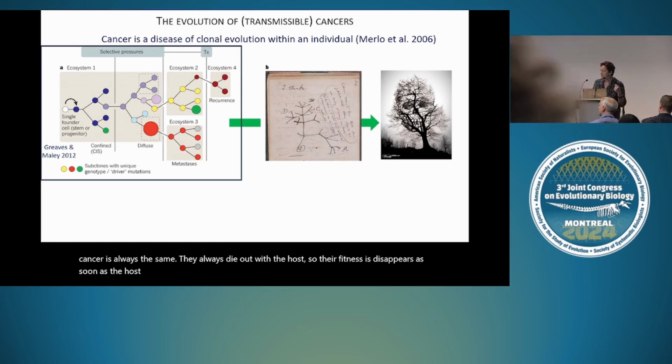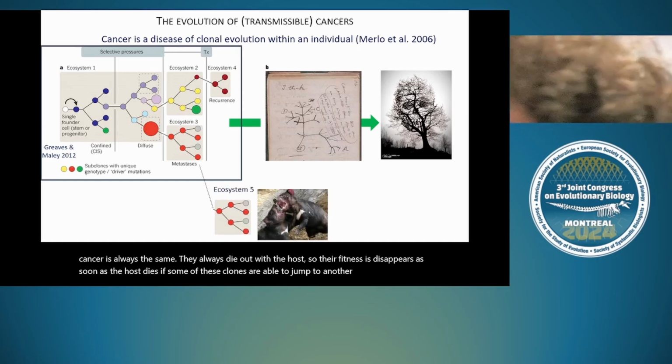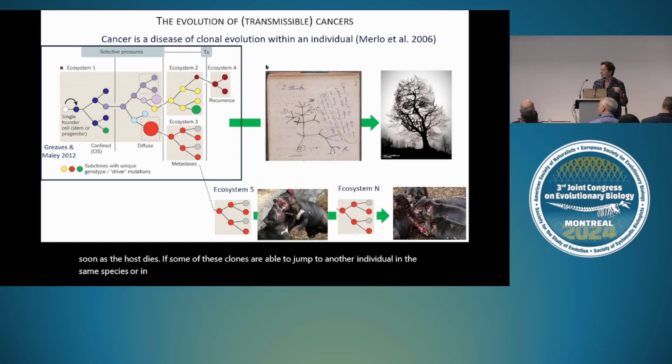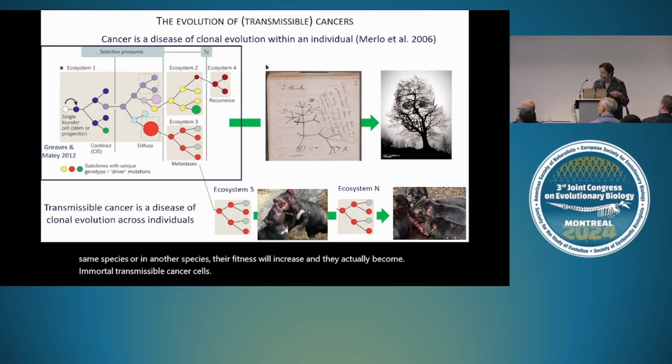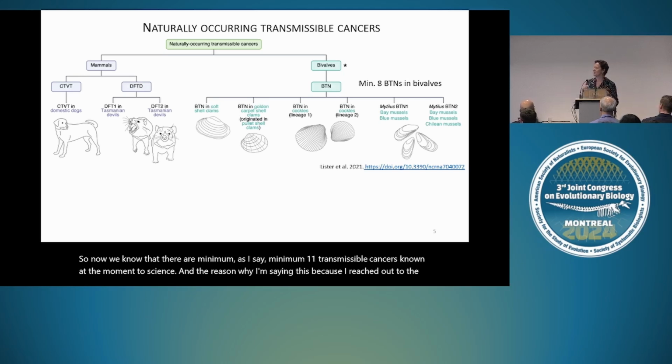If some of these clones are able to jump to another individual in the same species or in another species, their fitness will increase, and they actually become immortal transmissible cancer cell lines. So now we know that there are minimum, and I say minimum, 11 transmissible cancers known at the moment to science. And the reason why I'm saying this is because I reached out to the BTN, the bivalve transmissible cancer community,